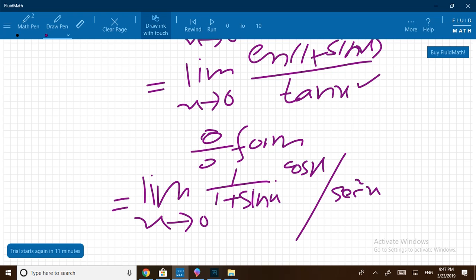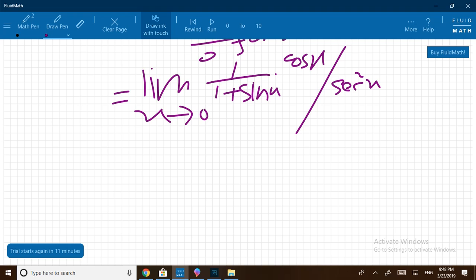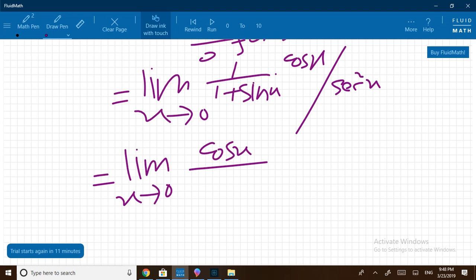Now this is equal to the limit as x approaches 0 of cos x divided by 1 plus sine x,